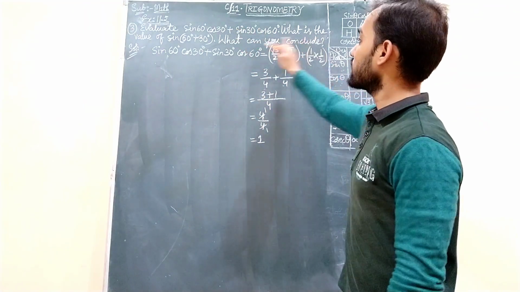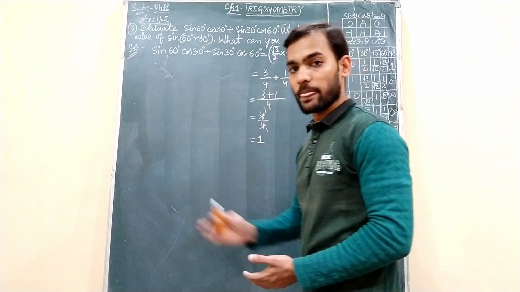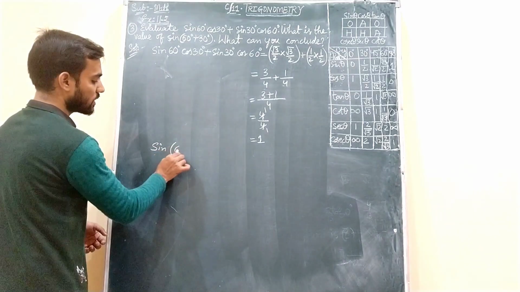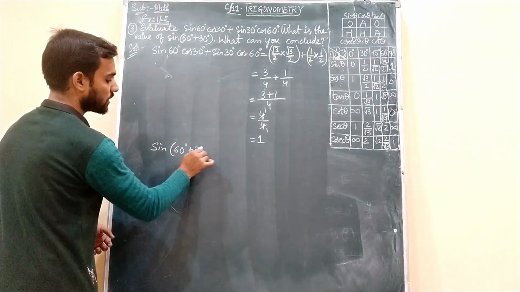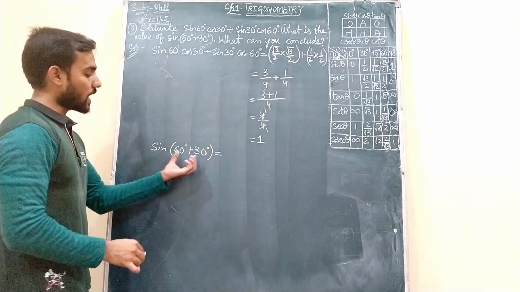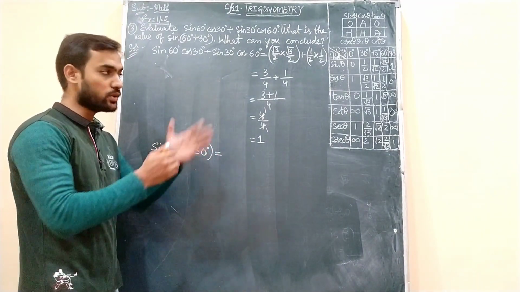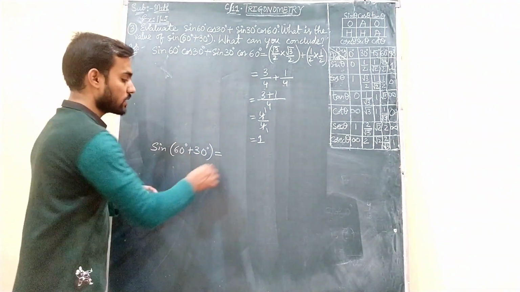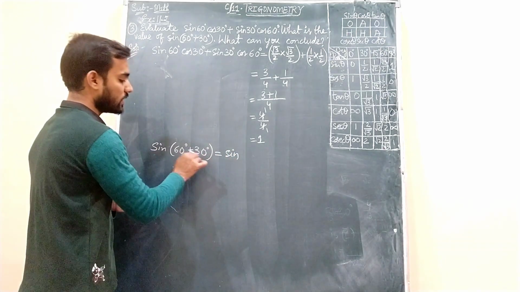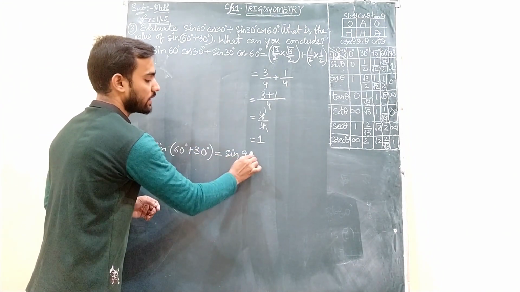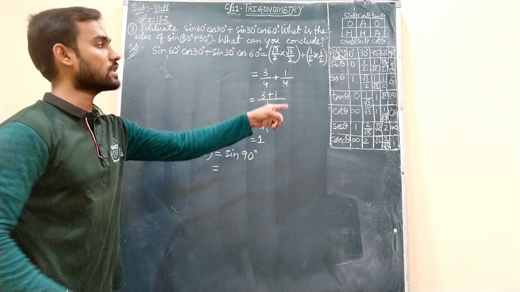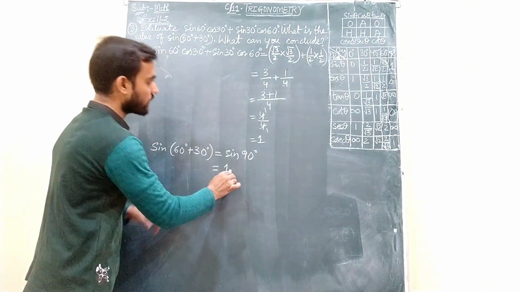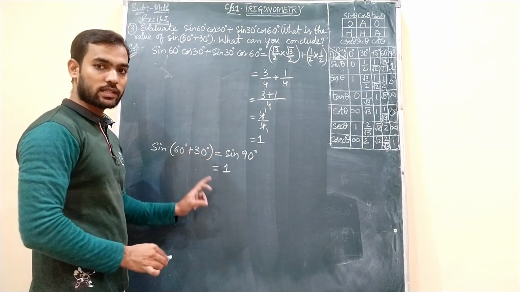Now also he has asked what is the value of this sine of 60 degree plus 30 degree. That we will do now. Sine of 60 degree plus 30 degree. So here after sine there are two angles which are in addition. So you cannot substitute any of the values by looking into the table. First of all you need to add them. So you will get sine of 60 degree plus 30 degree is 90 degree. Now see in the table what the value of sine 90 degree is, it is also 1. So for the first expression the answer is 1, for the next expression it is also 1.